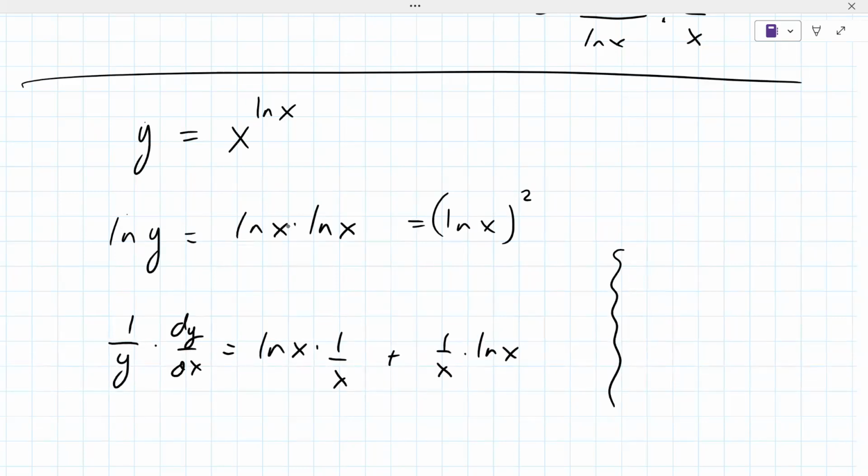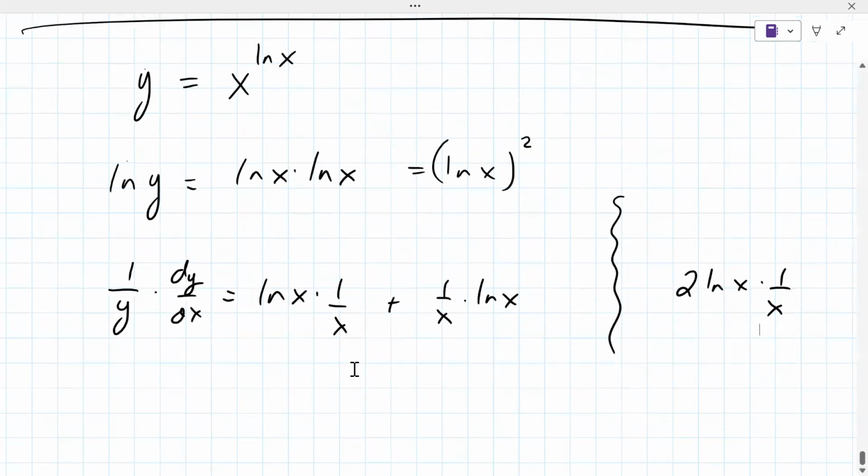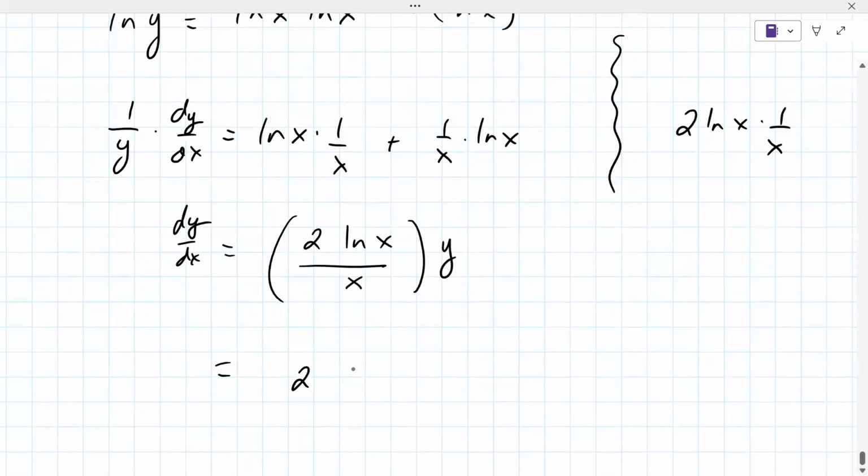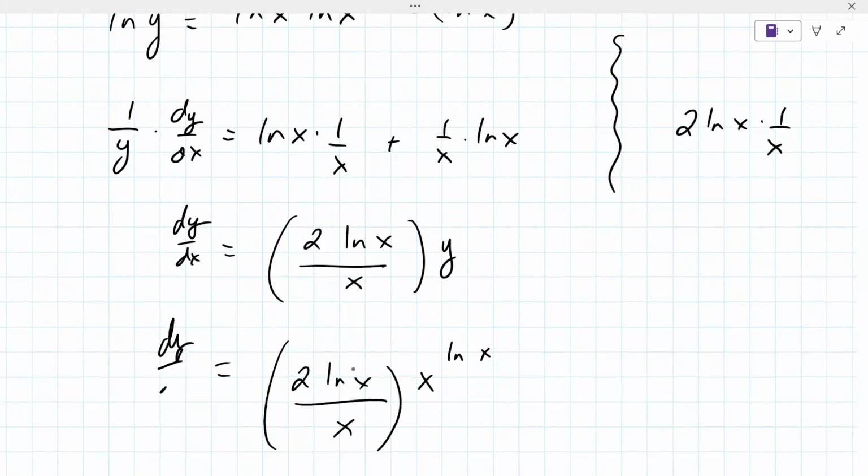If we do it as power rule, it's 2 natural log of x times 1 over x, which you'll see is exactly the same as what you get here. dy dx equals 2 natural log of x all over x times y, which is really x to the natural log of x. Yeah, I got that. Sorry, I rushed through that one. Probably a bad choice by me, but good job. So we can pick up